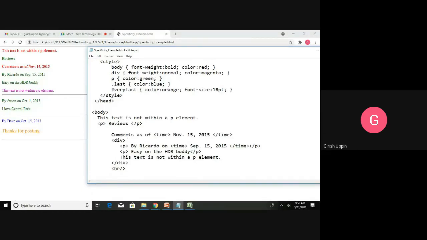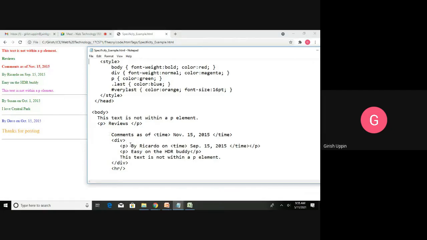So the paragraph reviews, it is shown as bold and green. Next, again we have some comment as of November 15, 2015. This is not inside any other element, it is directly inside the body. So it will follow the style of the body, that is bold and red. So the comments on this, it is bold and red.